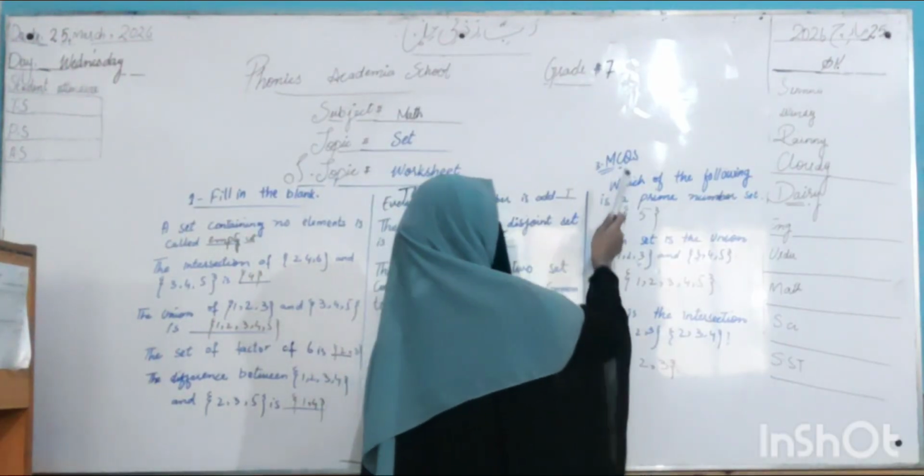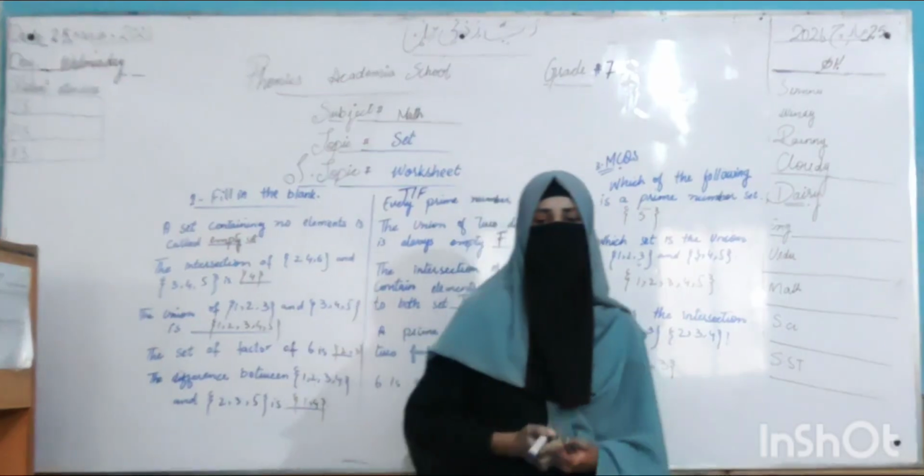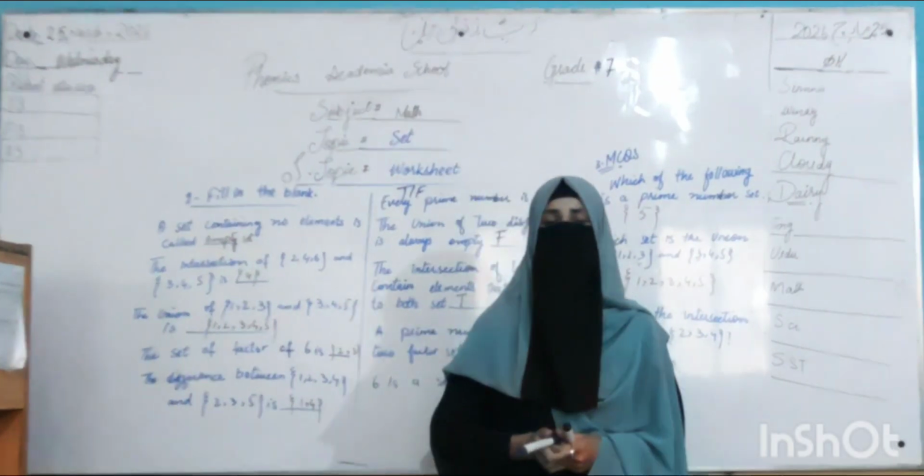Next, part number 3 is the MCQs. Which of the following is a prime number set? So the options given are 2, 4, 5 and 8. Oh sorry, 4, 5, 8 and 9. So you know that 5 is a